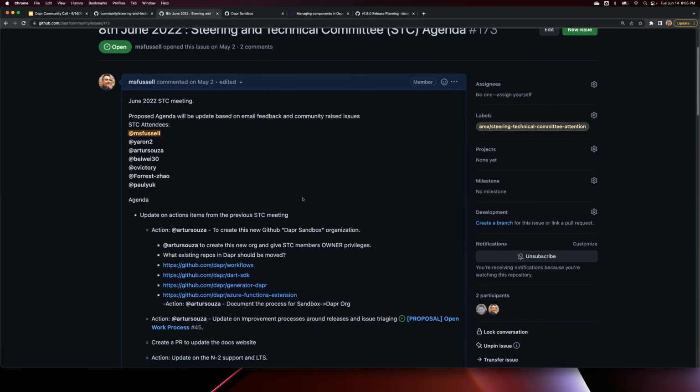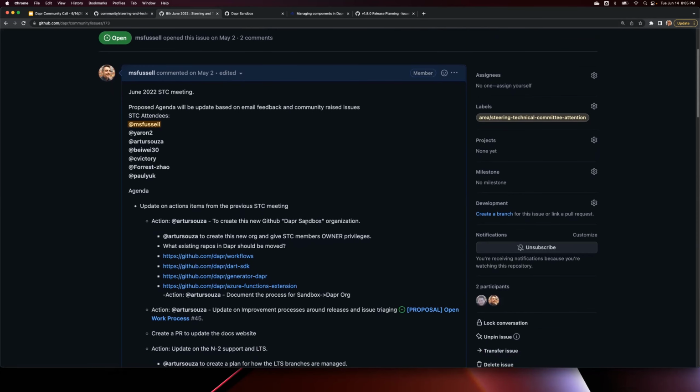One thing I thought I'd just highlight from this was one of the topics that has been ongoing for a while: there have been a number of different types of repos that have been put into the Dapr org, and they haven't necessarily taken off very much, or they haven't necessarily matured, or in some cases the maintainers that were maintaining them have moved on, and they haven't been particularly well maintained in terms of contributions. So because of all of this, a suggestion that got raised and got approved by the